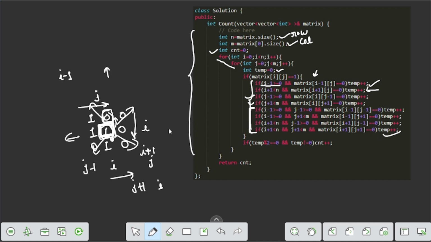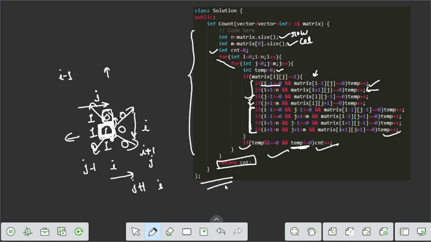After checking all 8 conditions, we check if the temp variable is even, and also check that temp is not already 0, then we simply increase our answer, which is the count variable. So we go to each and every index, and if there is an even number of 0s, then we simply increase the count, and after all we return the count variable.